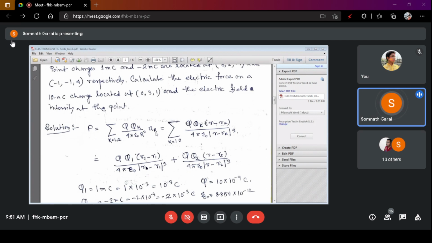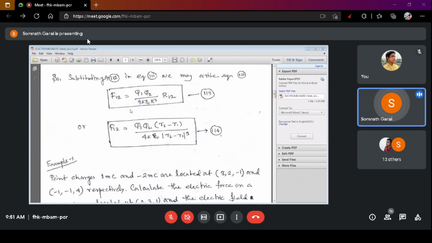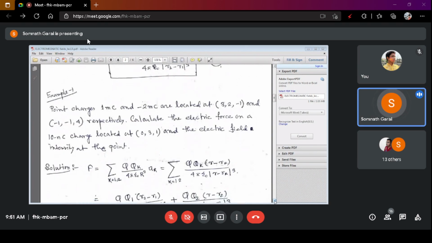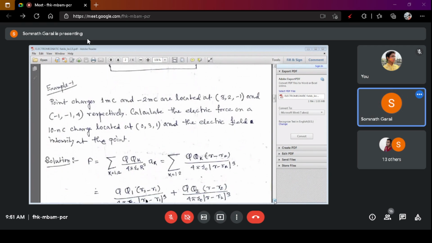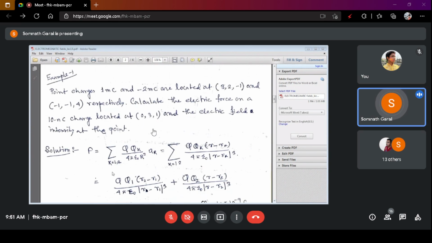It is the basic equation. Now, this is the basic equation between the 2 point charges. This is the basic equation of the 2 point charges, right? Now, if we calculate the 2 different forces with respect to another force, then the equation will be represented in a summation form, because we have 2 different points. One is Q1 and another is Q2.